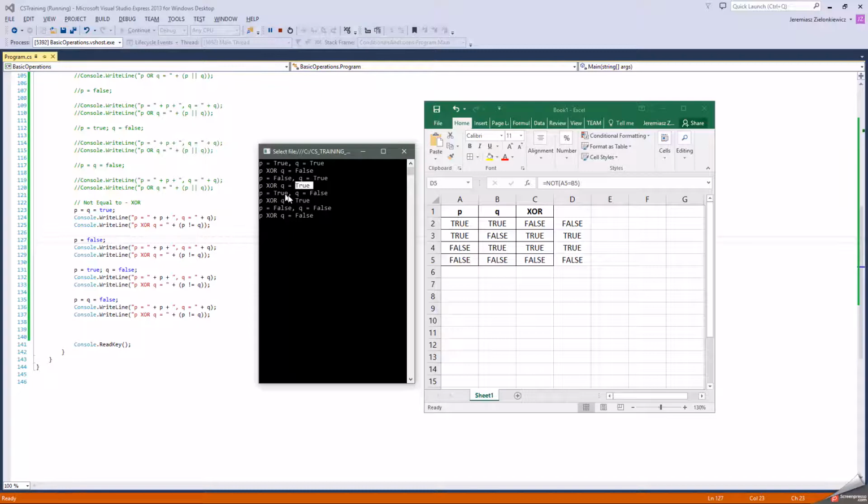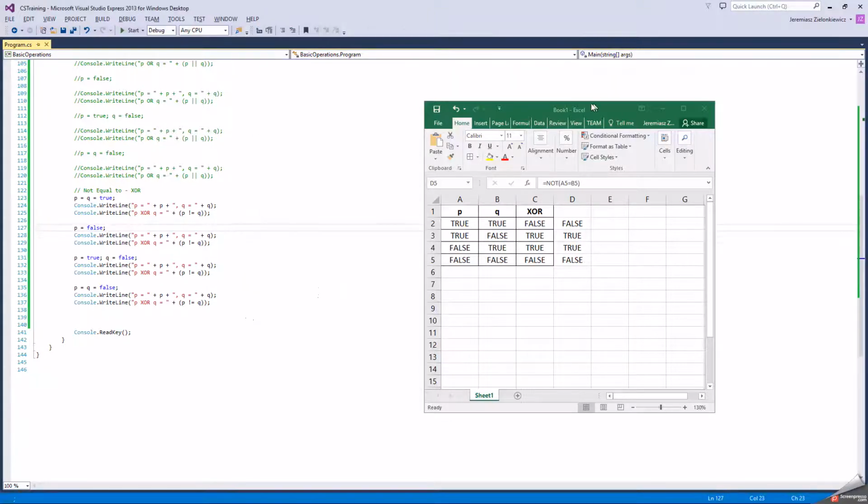One is true, the other one is not. That's true. One is true, the other one is not. That's true. Both are false. That's false. So that's the XOR, or not equal to. Right. Okay. So now maybe let's complicate this example a bit, because I said,